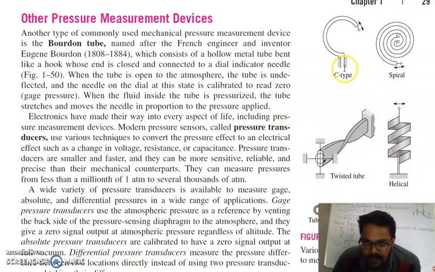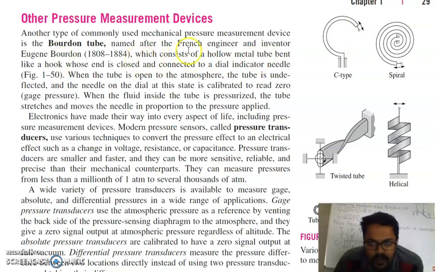When high pressure gas enters this Bourdon tube, due to the high pressure this tube tends to straighten, so its curvature will decrease. Similarly, when high pressure gas enters this spiral, the spring tends to unwind, this twisted tube tends to untwist, and this helical spring tries to unwind. At this end there is some gear mechanism or some sort of mechanism. With the movement of this tube, it will give some displacement, deflection, and that deflection is calibrated in terms of pressure.